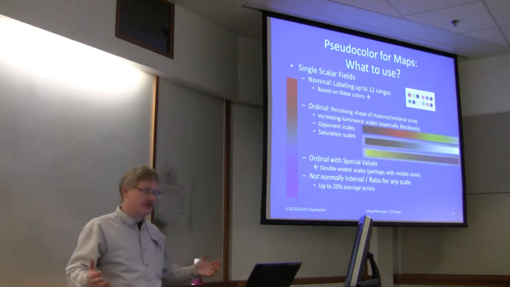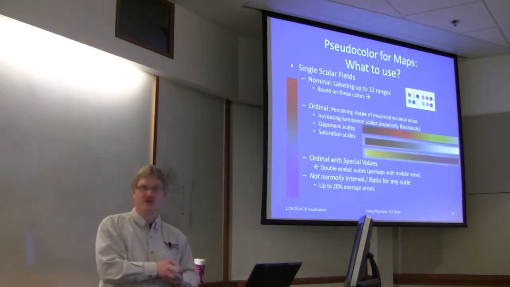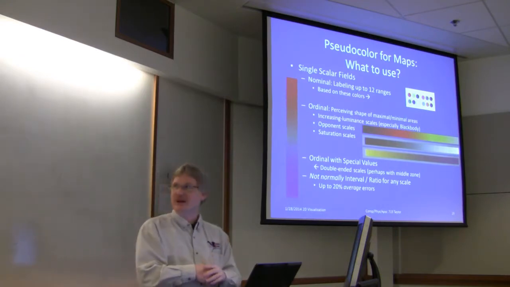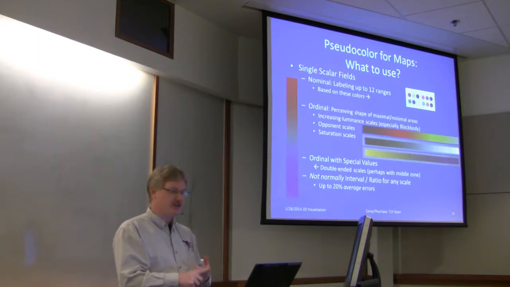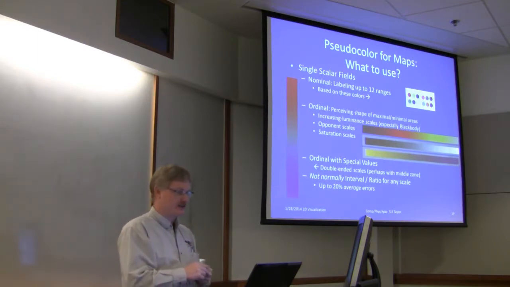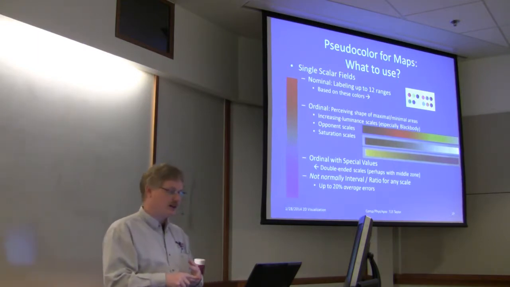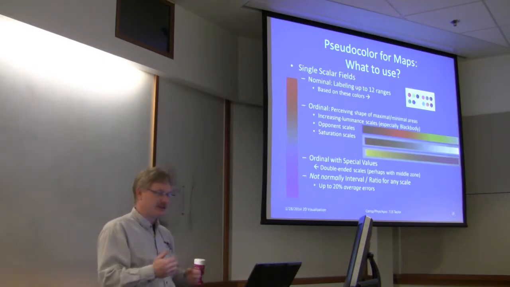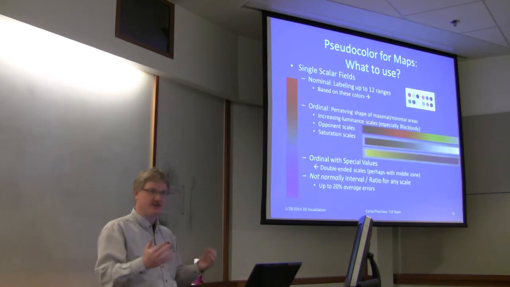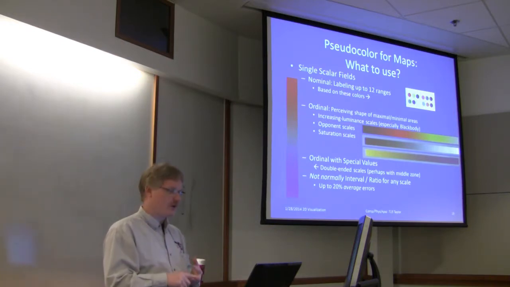All right, so my summary slide. What is it I'm trying to do? I look up in here and try to decide which mapping I want to do. If you're trying to do a nominal, labeling up to 12 ranges, you want to consider using Collins colors. Ordinal, you want to perceive maximal and minimal areas. You want increasing luminance scales. The black body, if you don't have to map it onto a surface, or opponent scales